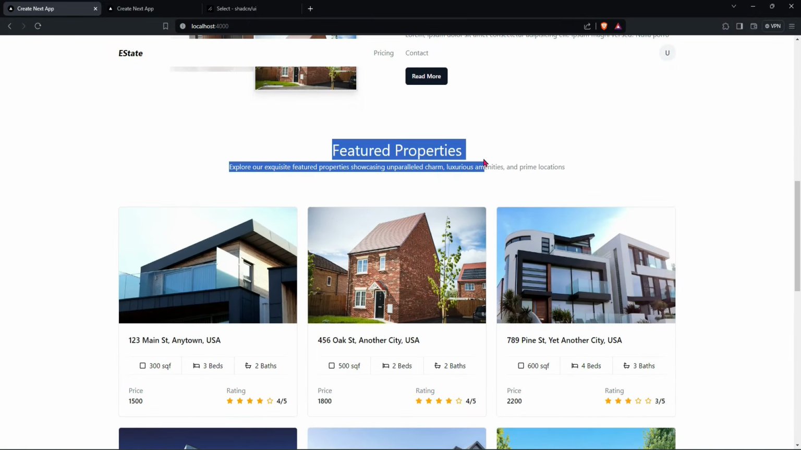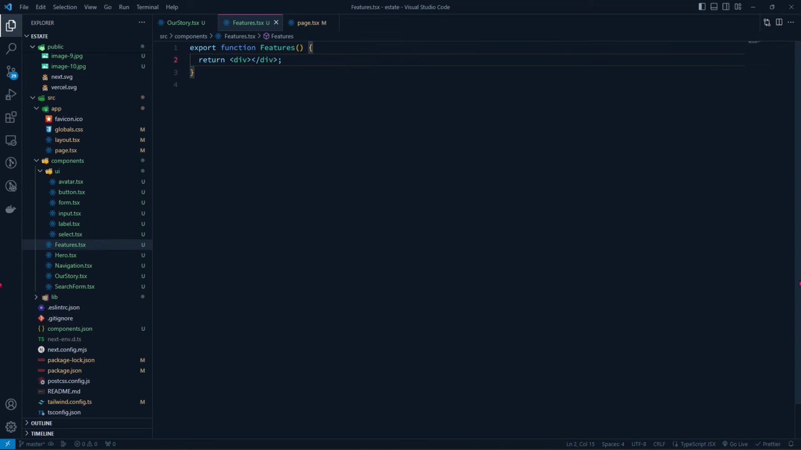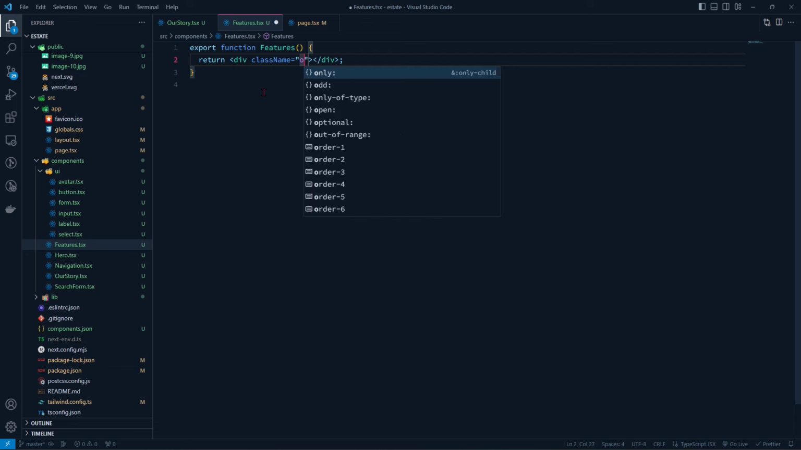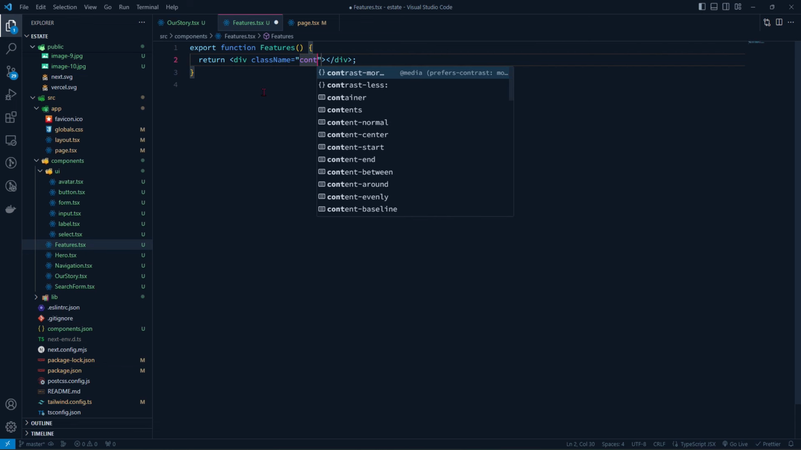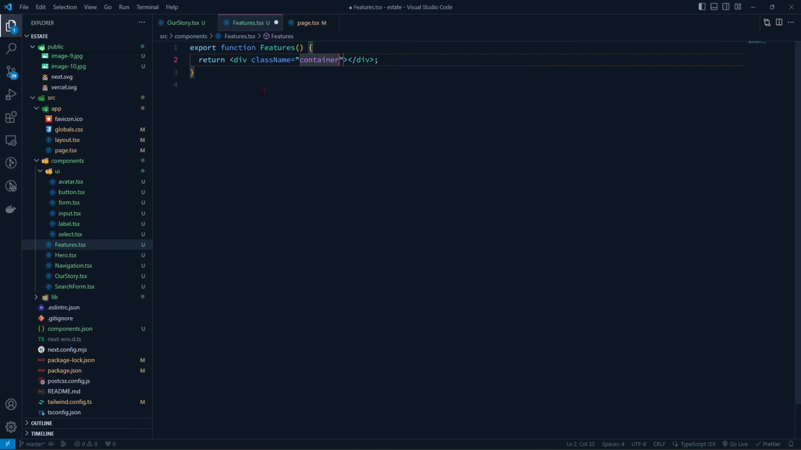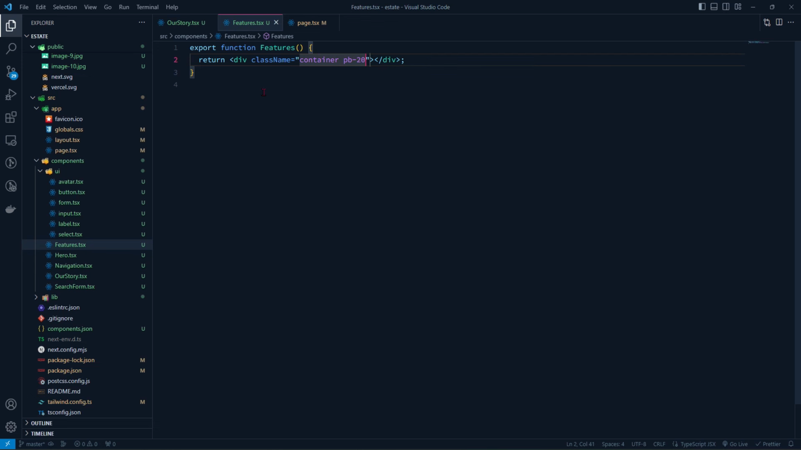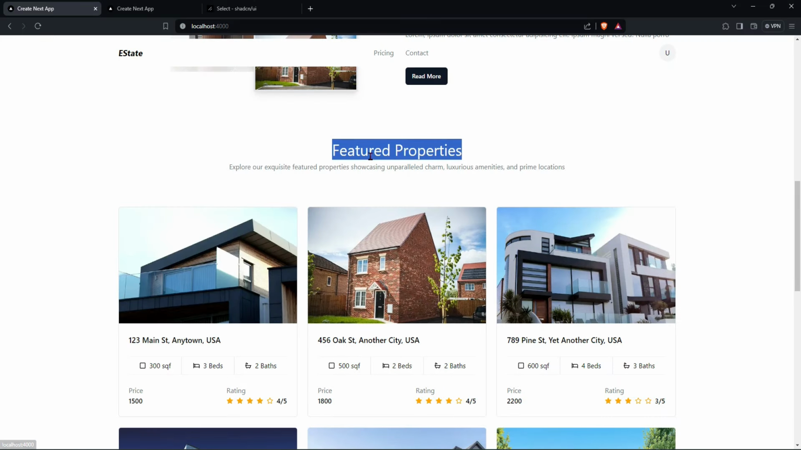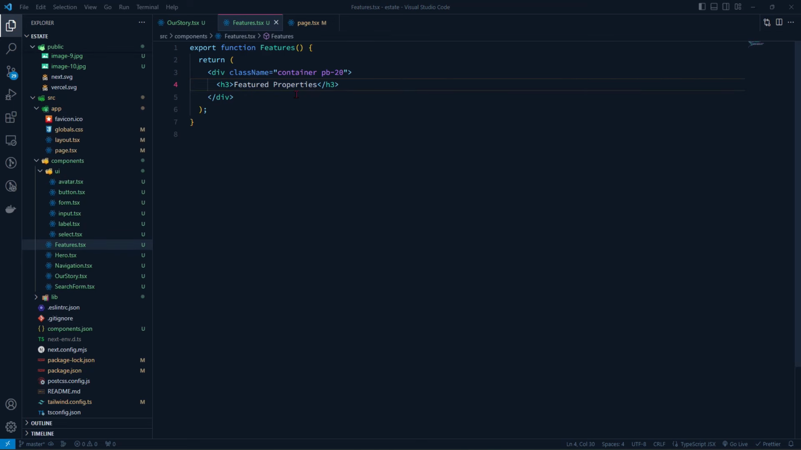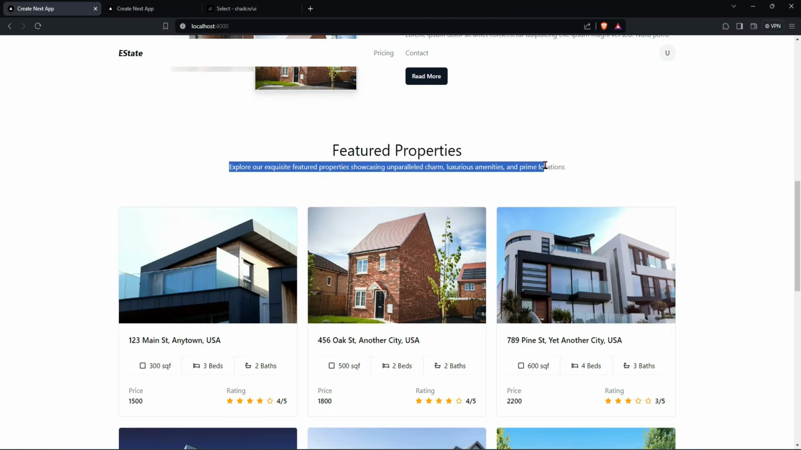Okay, and we can give the title to this one. So now here is exactly the same container. So container, and it will go over meeting pp20, and now here I'm going to take s3, and here we can paste this one, feature sections, and also take these descriptions,